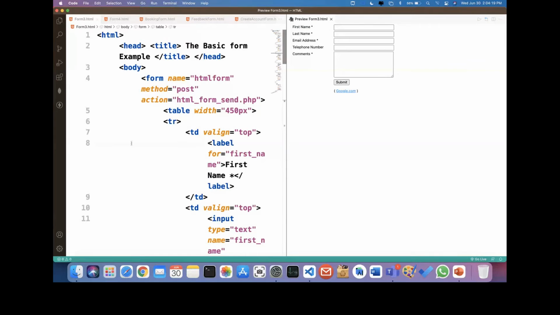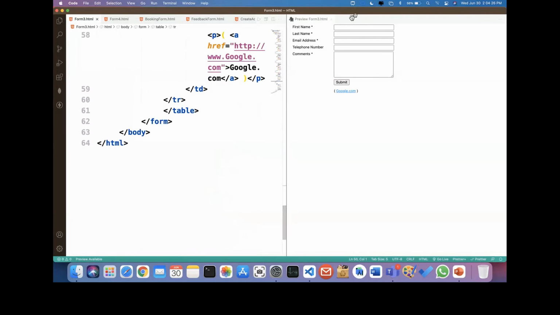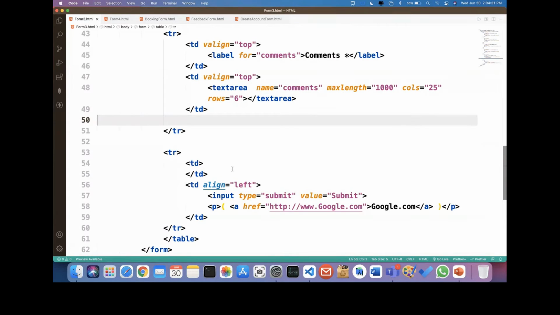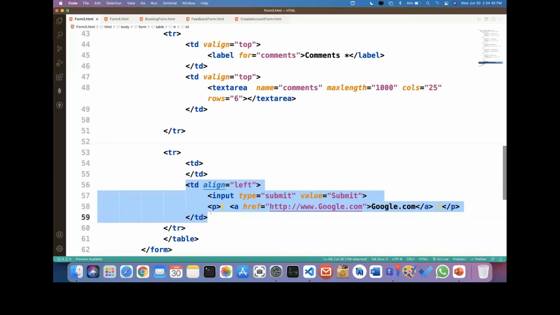Similarly, you can go for a second row, third row, fourth row, fifth row. Now let's go to the submit button. In the submit button row, the first column is blank, so I just left it blank. In the second column, I put the submit button, and in the same cell I have used a paragraph. A paragraph is a block-level element, so it will always start on a new line.